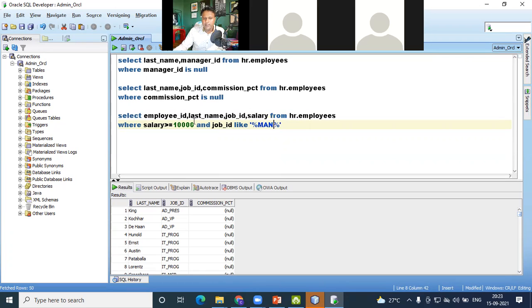select employee ID, last name, job ID, salary from HR.employee, where salary is greater than 10,000 and job ID like